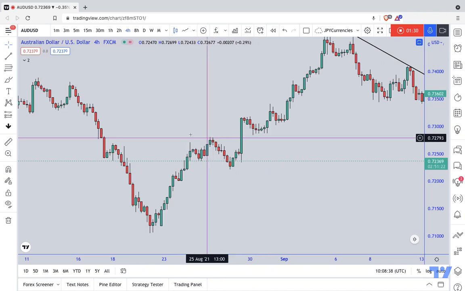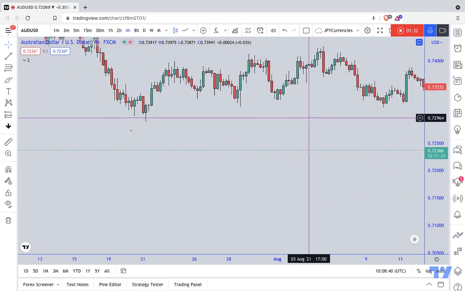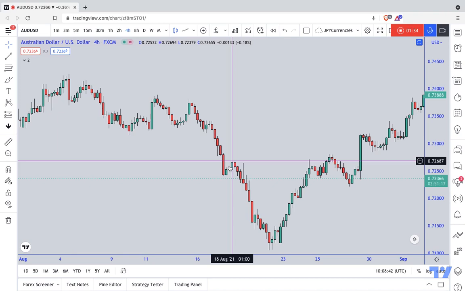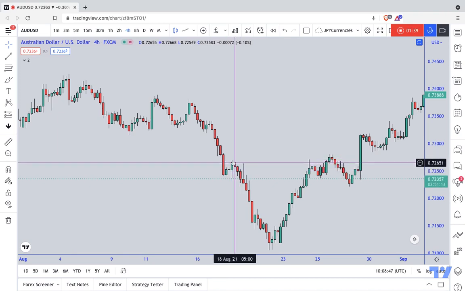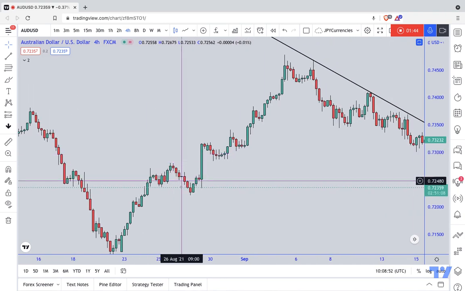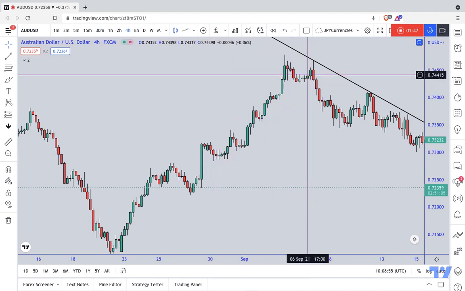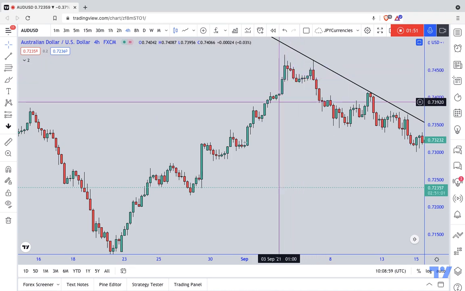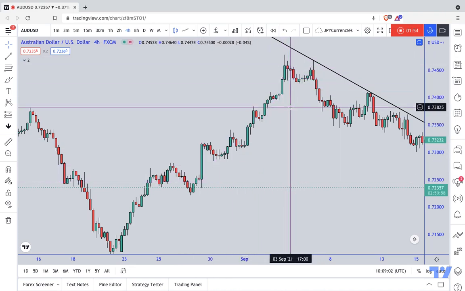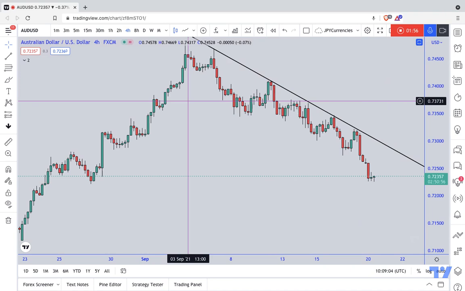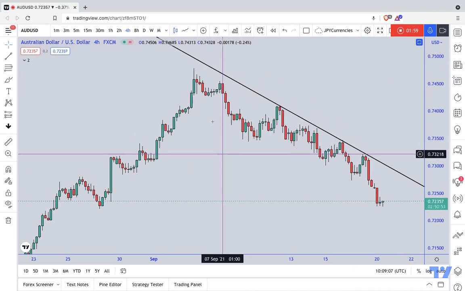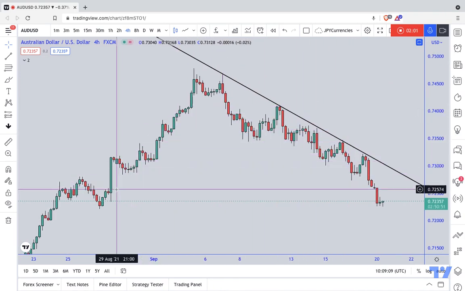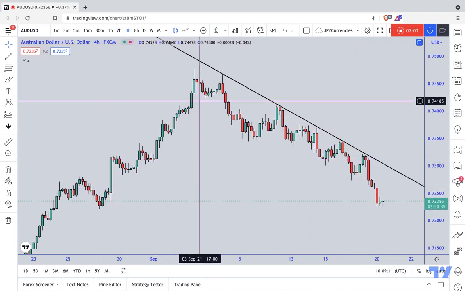So we entered short here, expecting the market to reject from this previous support and resistance. We got a small drop, but then the market shot up. We're actually impressed by this run by the Australian dollar, but we held our trades through all this, and we knew that at some point the market was going to come down. However, when the market was running up like this, we actually had